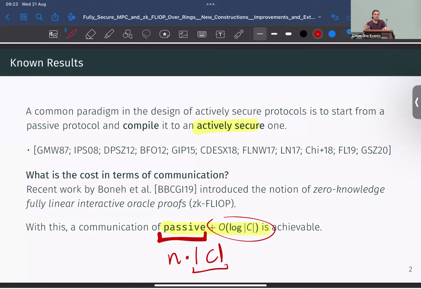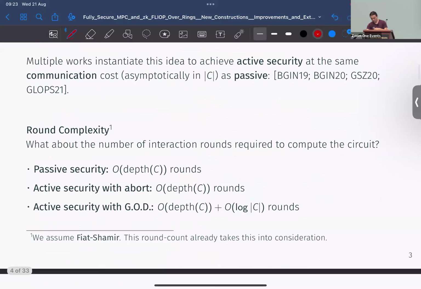So asymptotically, we can say that active security comes for free in the sense that the extra term vanishes as the circuit grows. Okay, so there are many works that have built on top of the previous work to make this even more concretely efficient and address different gaps that the first work left.